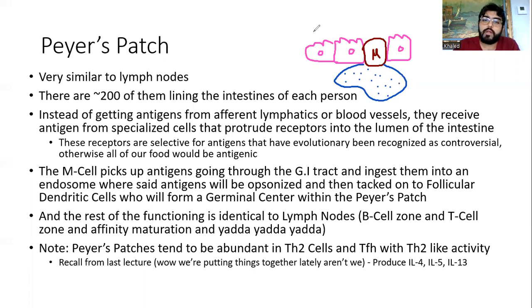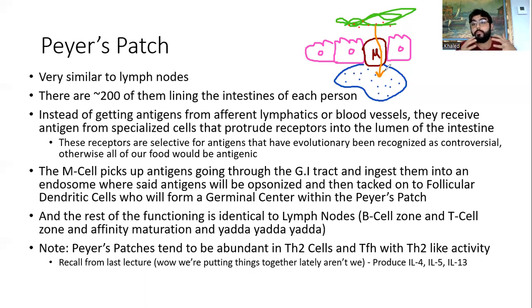So what happens? Let's just say that someone eats a salad or vegetables or something, hence I'm going to use green, and then it was dirty. It had antigen all over it, like bacteria, and those bacteria are shedding antigen left and right. The M cell is evolutionarily adept. That's just the inherent innate system of an M cell to be able to pick up on these antigens, and it's going to package them into an endosomal vesicle, and it can transcytose them into the lymphoid tissue